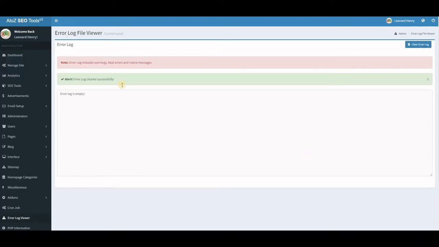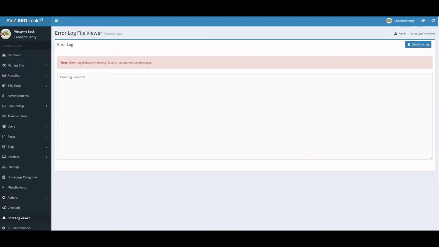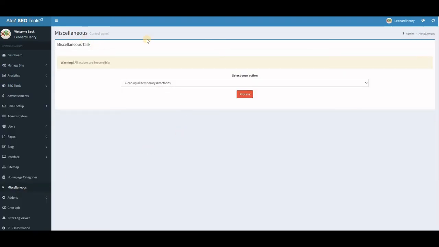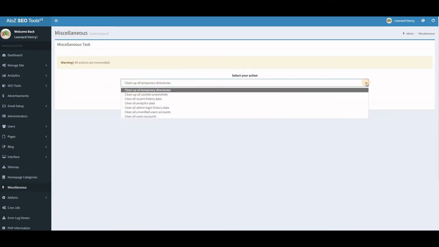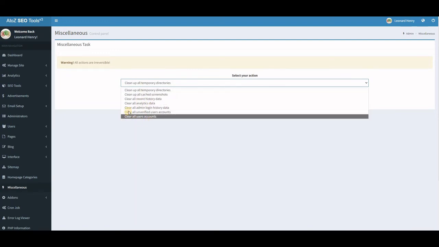So as you can see, I've cleared it. Something else that you can clear, you go to miscellaneous, and the cron job is what is really helping you to do all of this. So like you can clean up your temporary directory. If you click on this, these are the things that you can clear, but you have to be careful, because like for me, I can clear all